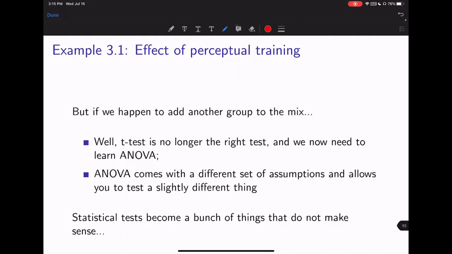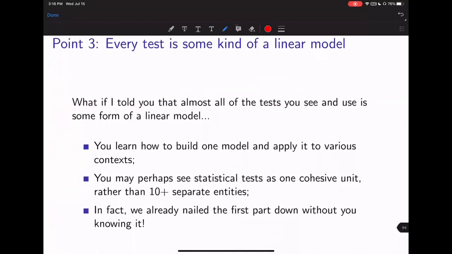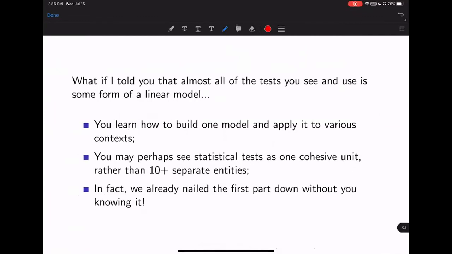And so that's why I think maybe, if we start off with something that looks more difficult on paper, but if we can get this one down, if we know where to start, and if we start off from this point, a lot of these tests will become much, much simpler to learn. And the bad thing, when you learn t-test, when you learn ANOVA piecemeal, one by one, over the course of the